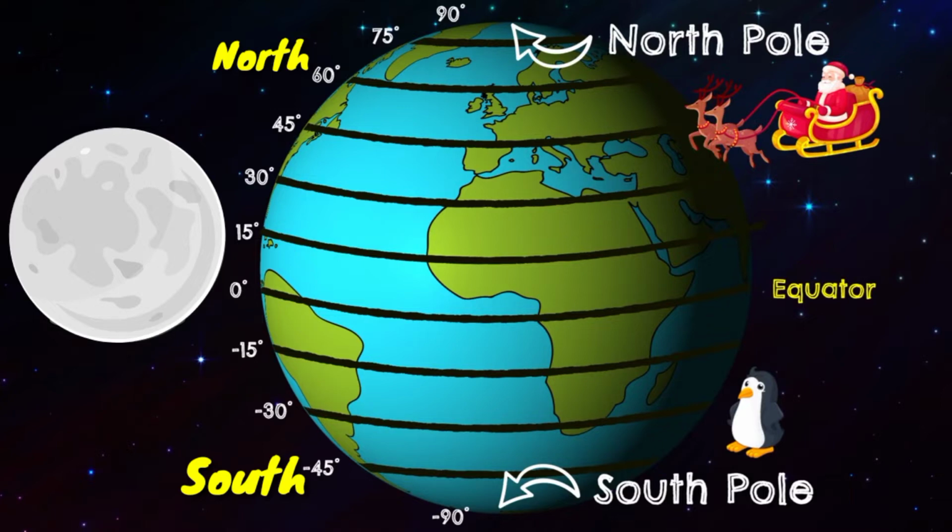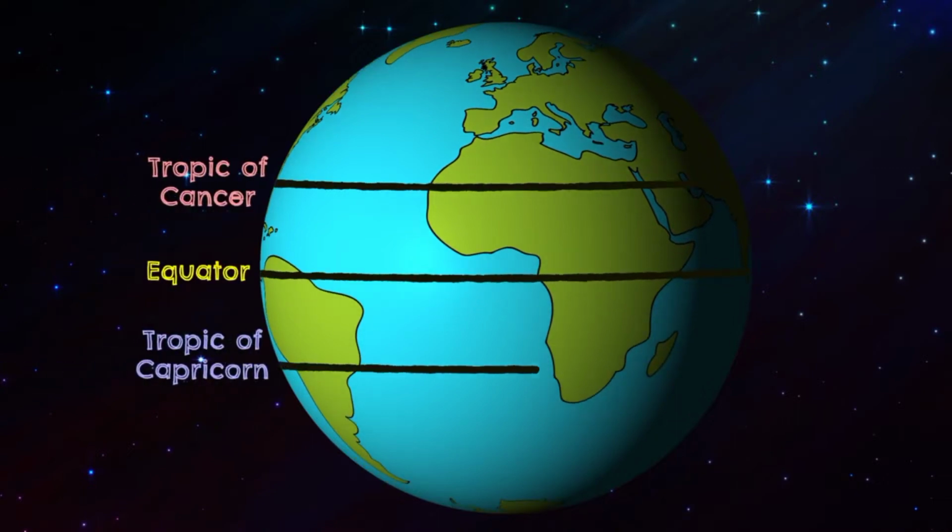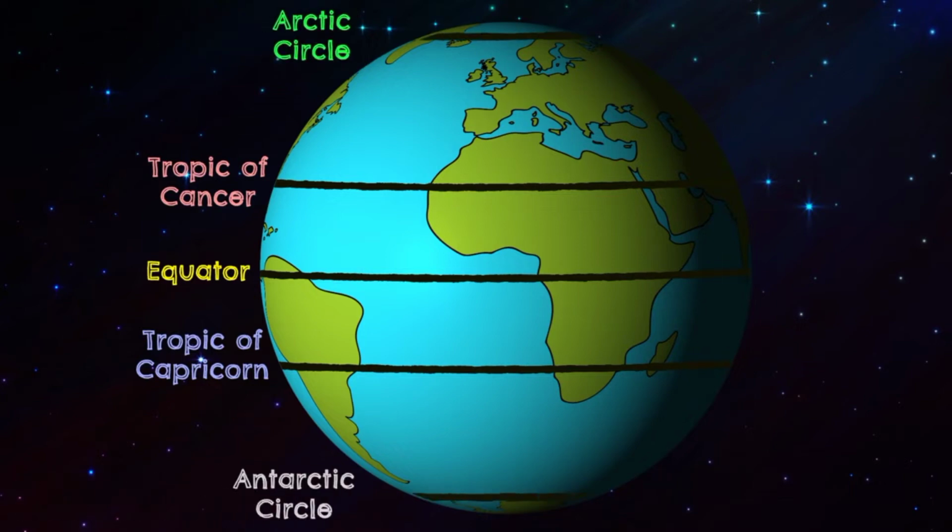There are some important latitudes. These are the Tropic of Cancer and the Tropic of Capricorn, also called as the tropics. Next are the Arctic Circle and the Antarctic Circle, which is also called the polar circles. Now, these latitudes are important because they define the climate zones in the world based on how much sunlight these